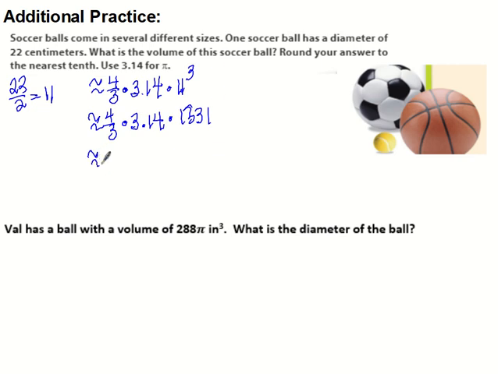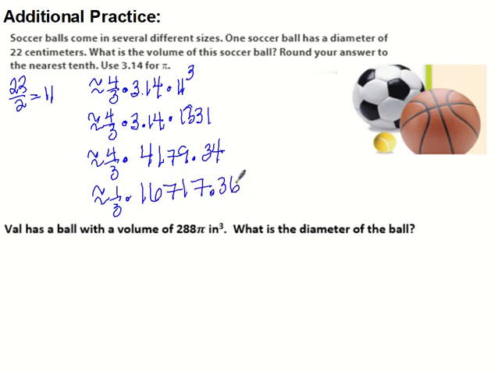So about 4/3 times 4,179 and 34 hundredths. About 1/3 times, I'm going to times it by 4, 16,717 and 36 hundredths. And then I divide by 3, and we get approximately